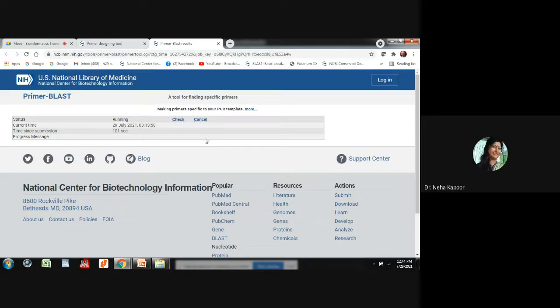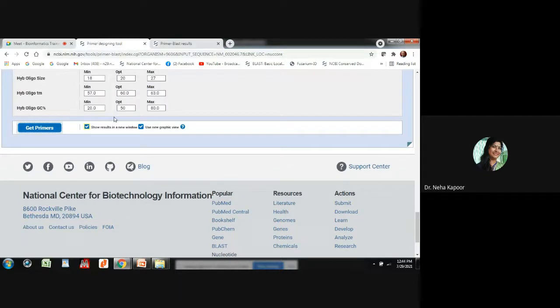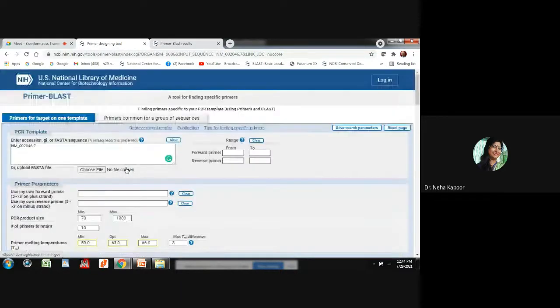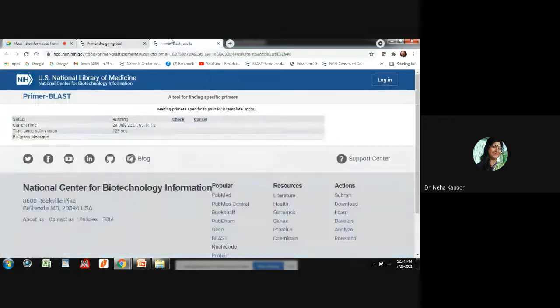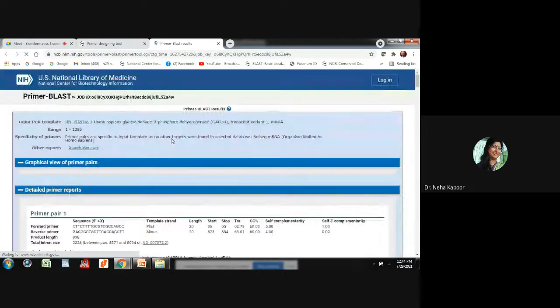Yes, yes. You can design primers against any kind of gene, whether it is DNA, whether it is protein. It depends upon you. I have just taken one example of it, that you can use this method. You see, it is taking a much longer time, and I have taken only a 700 base pair length fragment. It was not a 1000 base pair fragment. It was not so long. So depending upon that, you can choose. Suppose out of this 1000 base pair, you need to amplify only 500 base pair. Depending upon that, you can select.